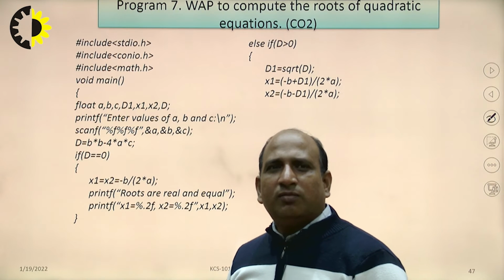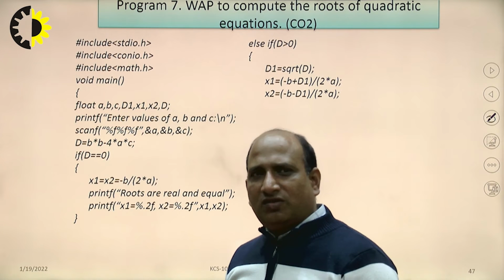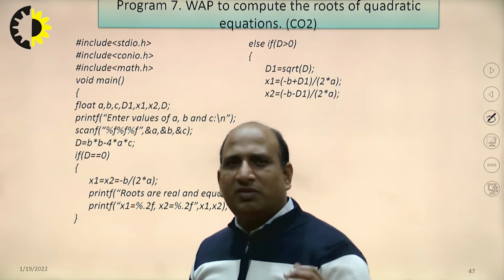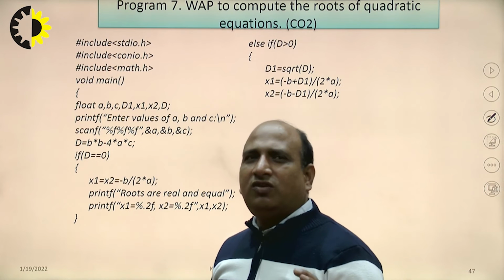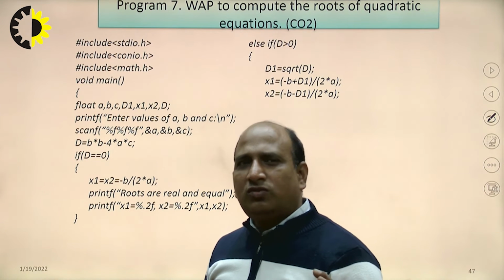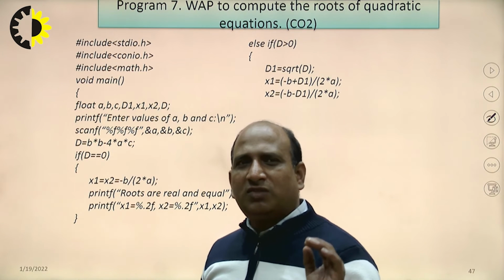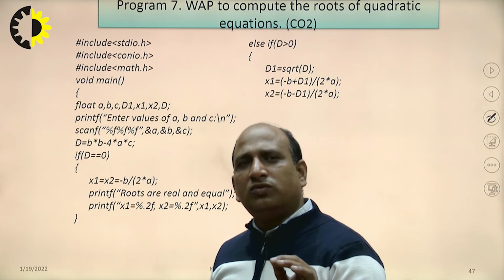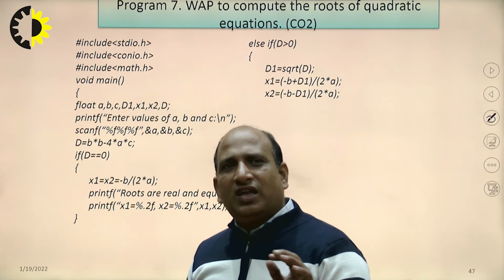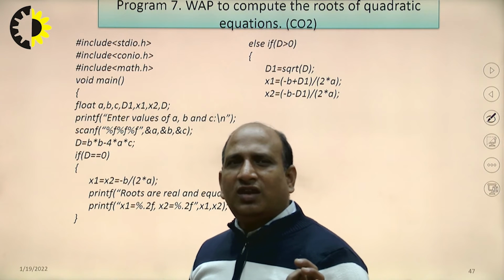As we already know in mathematics, if the discriminant value is greater than 0, then there will be two different roots, and the first root is minus b plus under root b square minus 4ac upon 2a, and for that b square minus 4ac has been put in the d variable,